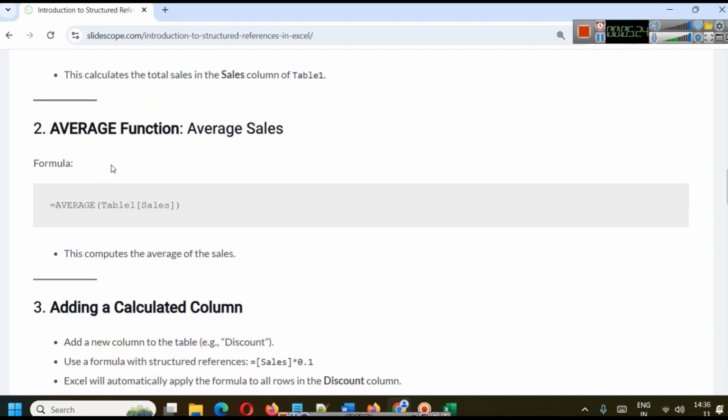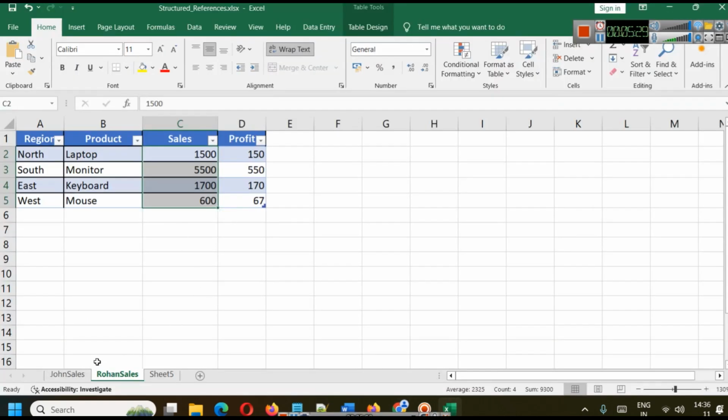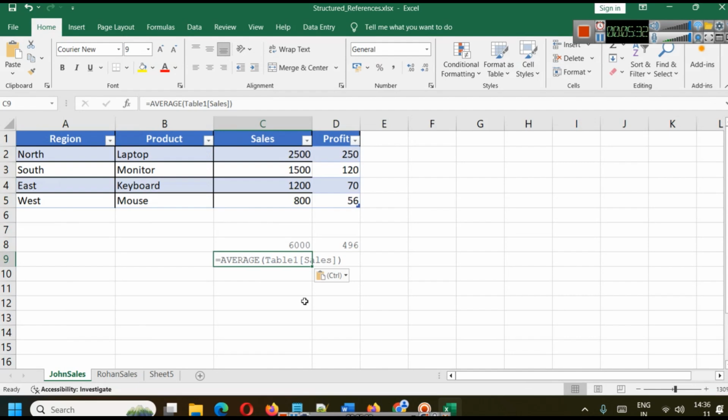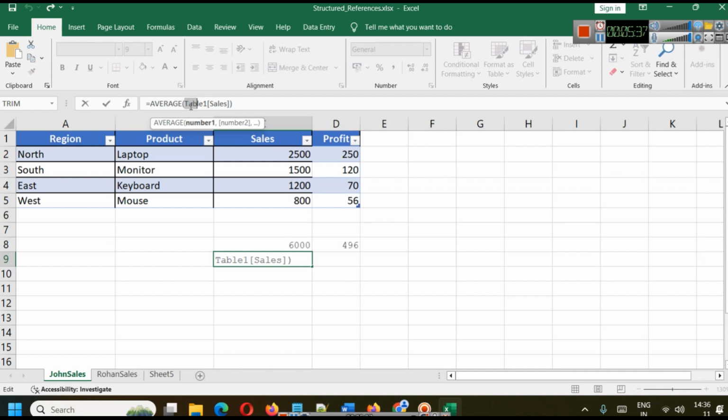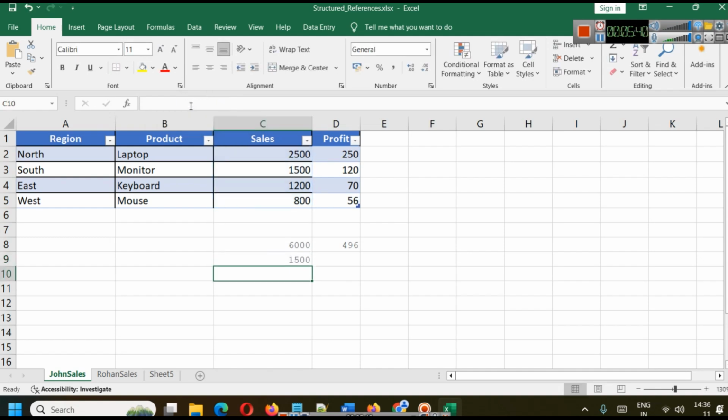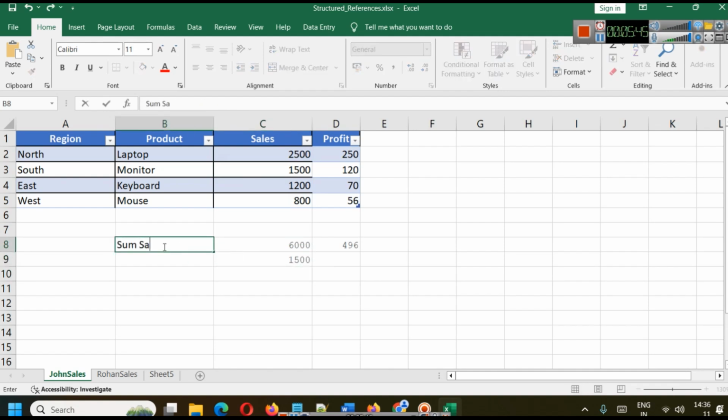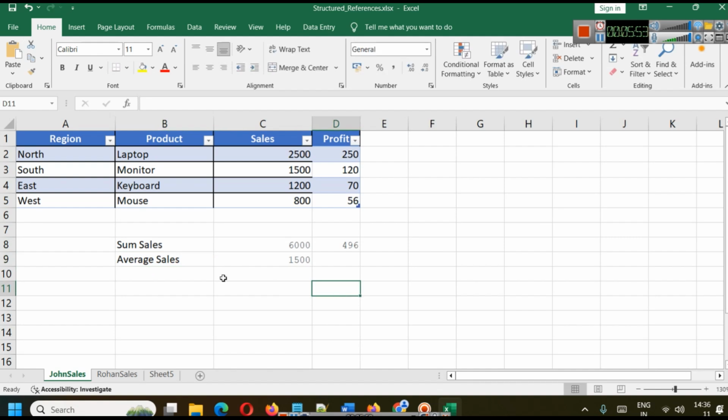Now similarly you can use average sales. So if anyone asks you to describe the data, you can describe it easily. Like in this case we have to write is equal to average John sales. Remember whatever name you have given. This is sum of sales, so this is sum of sales, average sales. Obviously this is something that you can position anywhere, and you can find other values like minimum, maximum, other types of aggregate functions, count, you can apply there. Okay,